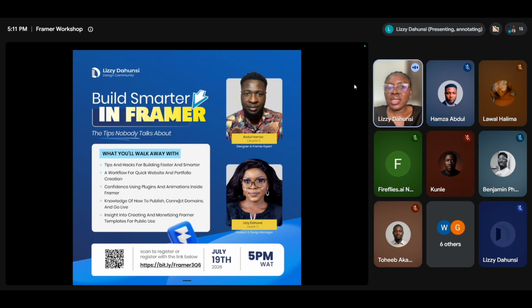And it doesn't come with a rigid interface. It's actually a very simple interface, but I feel like a lot of us don't use it enough, because I have quite a number of people coming to me to ask, how am I going to do it? Or can I use Figma to do this? Can I use Figma to do that? And because we now have AI inside, it makes it a very good topic for us to talk about right now, because we are now building smarter. We're no longer building with the tools that we used to build before.